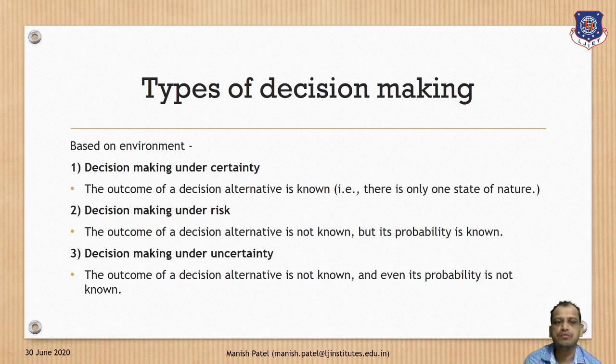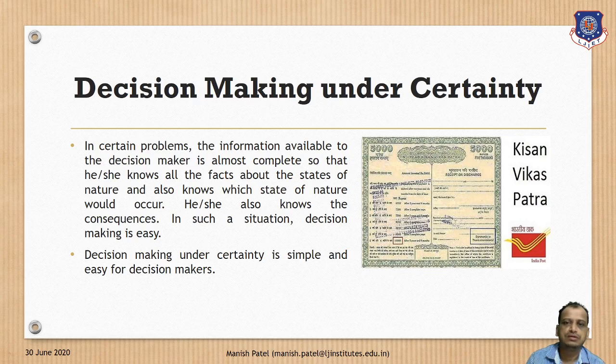Clear? What about uncertainty? In uncertainty, you do not know the outcome, right? Even the probability is not known. It is very difficult. But in risk, you know the probability, like the probability of failing in that project is so and so. Clear? 50% or 60%. That is the probability which is known already. It means you know the risk. Clear?